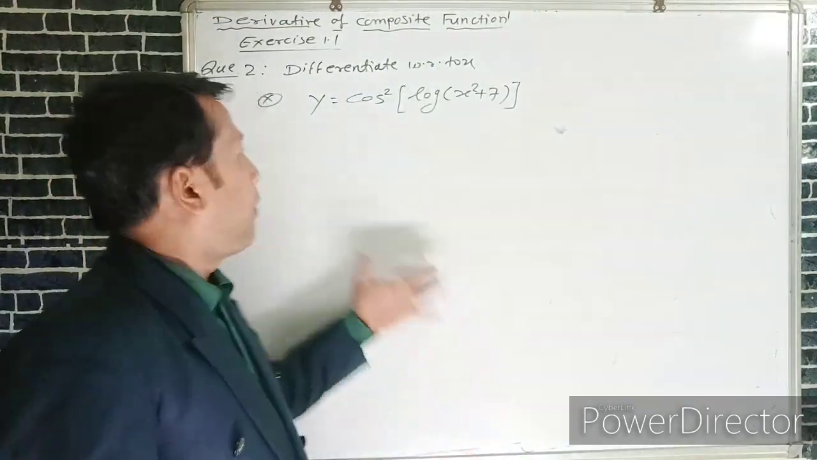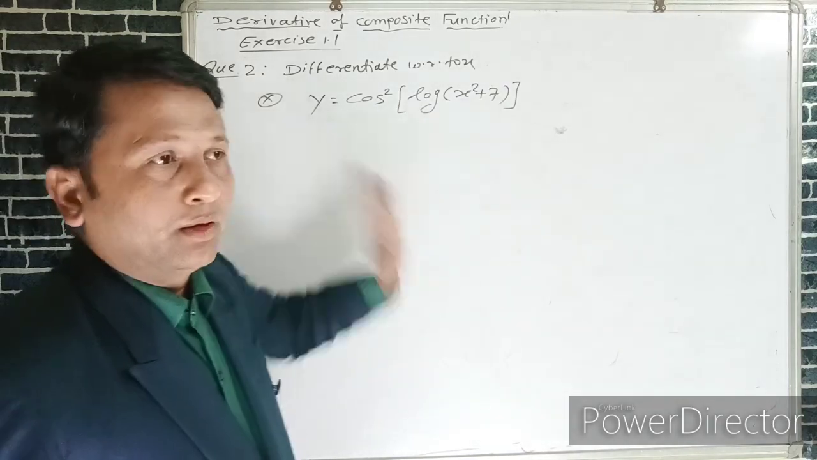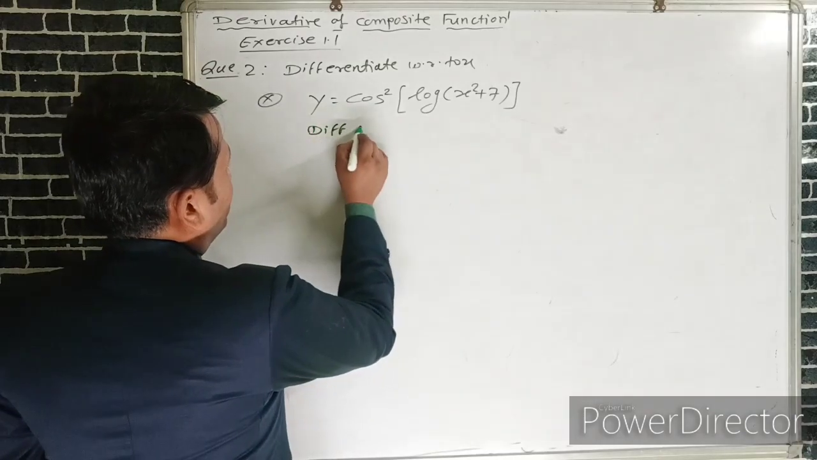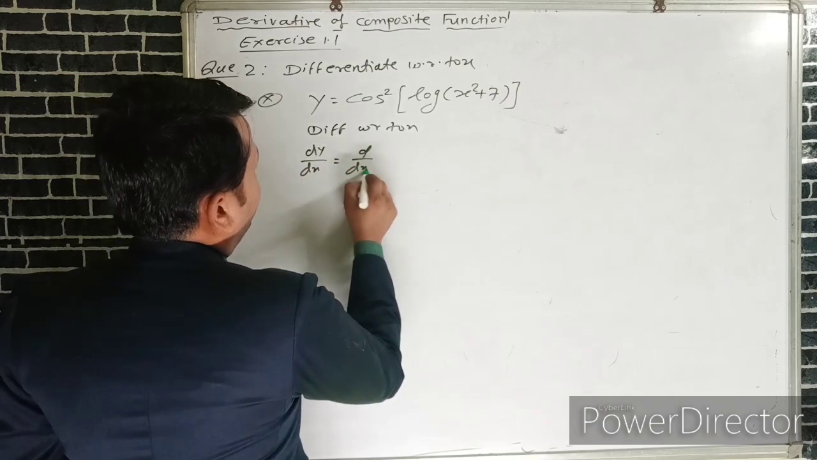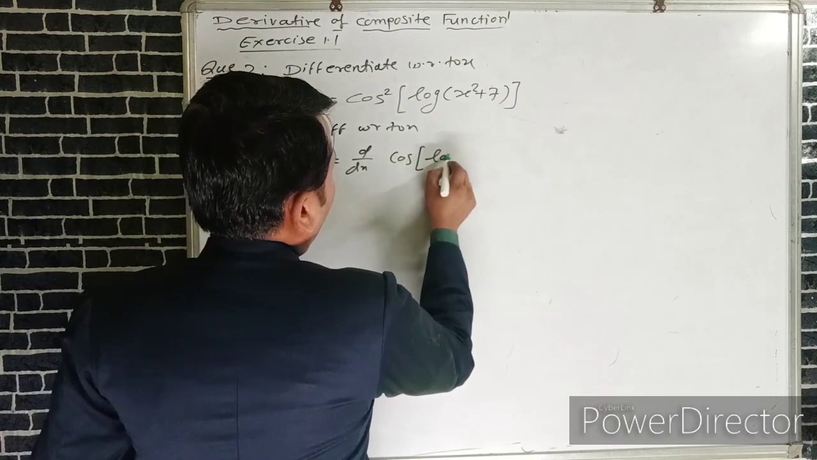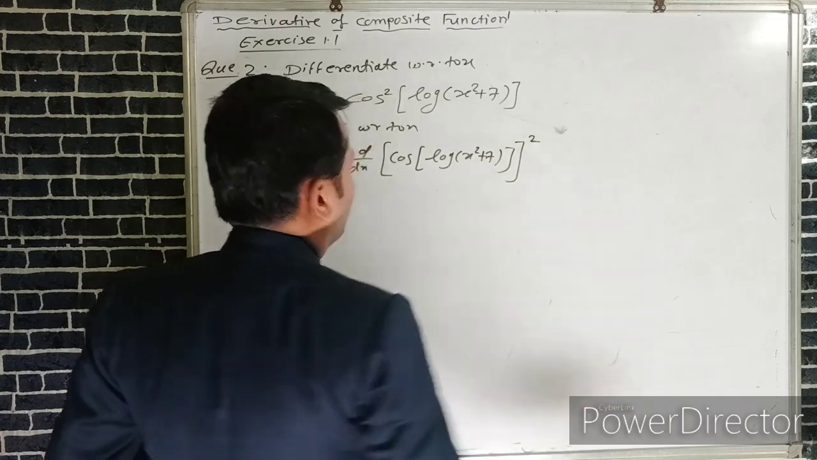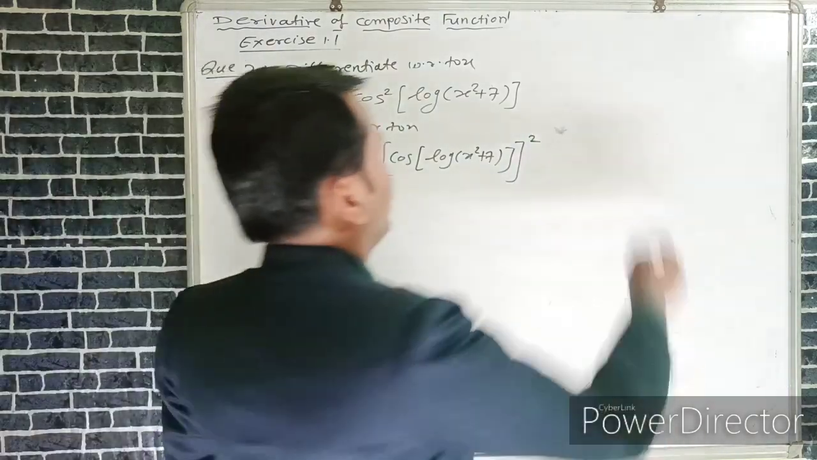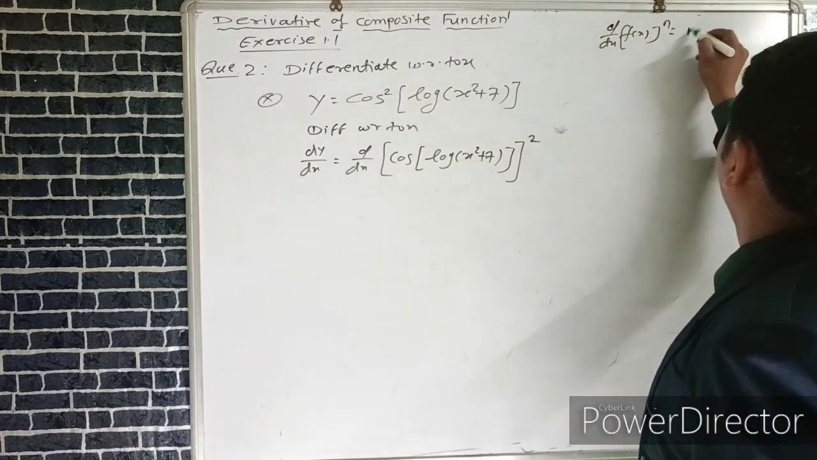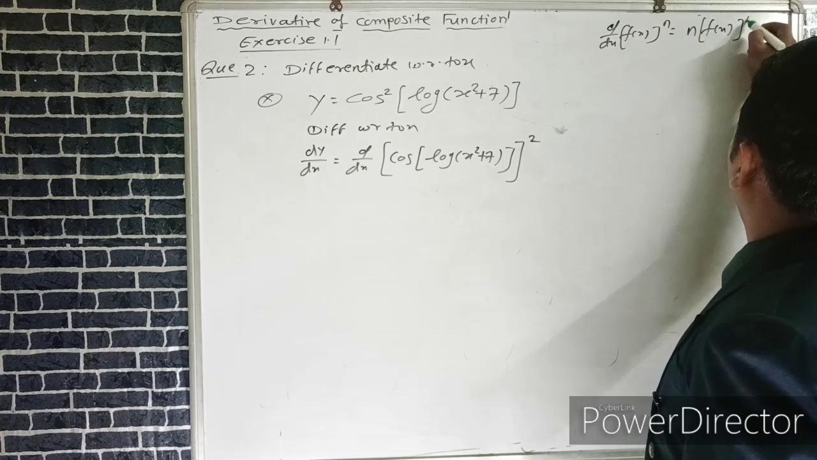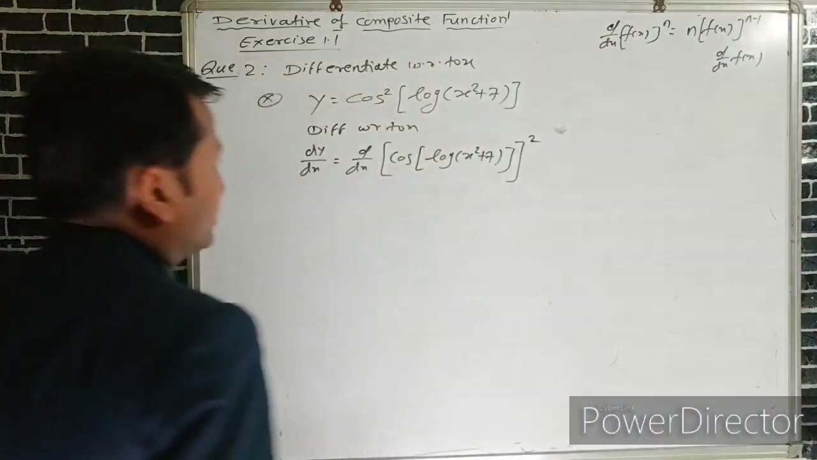Next one, y is equal to cos square log of x square plus 7. After differentiating with respect to x, we can apply here the derivative of cos of log of x square plus 7 whole raised to the power 2. By using the derivative of f of x whole raised to the power n is equal to n into f of x whole raised to the power n minus 1 into again derivative of f of x. Therefore, we can write it